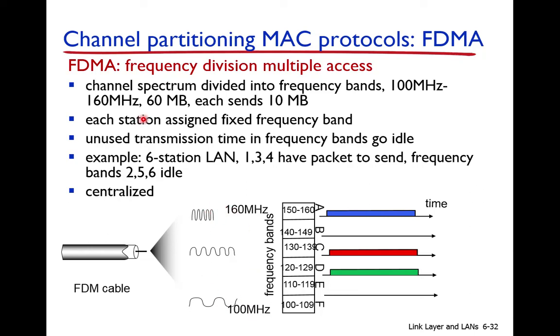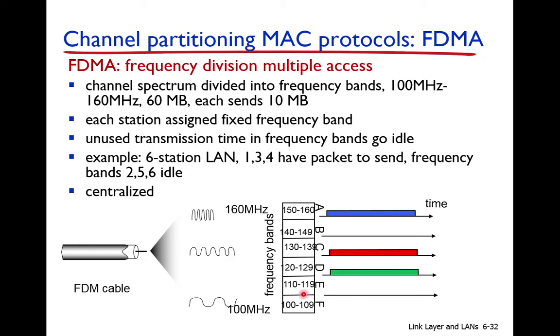Okay, so this channel spectrum is divided into frequency bands. For example, this channel is transmitting the data from 100 megahertz to 160 megahertz. So it is divided into frequency bands. For example, from 100 to 109, this frequency bandwidth is used by